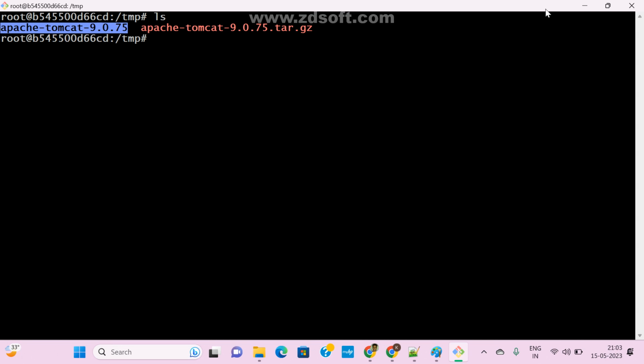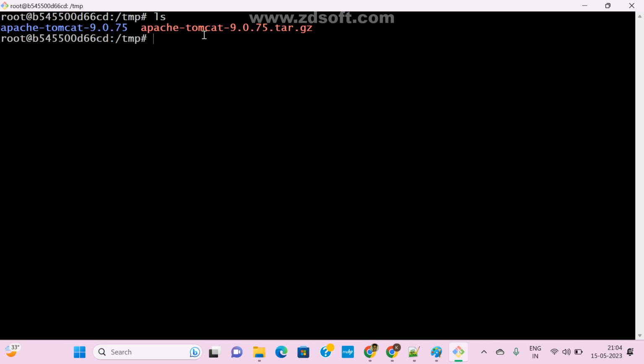Just try to practice. If you know Docker keywords, we can easily write a Dockerfile. If you don't know them, we cannot write. First try to understand what the keywords are: what is COPY, what is RUN, what is FROM, what is ADD. Now WORKDIR means the working directory where we want to go by default when I connect to my container. Now see here, by default I am in the temp directory.